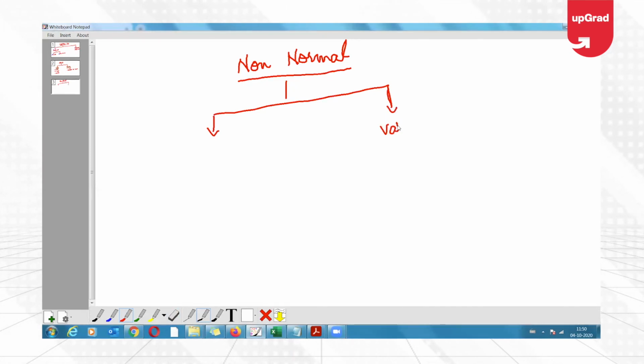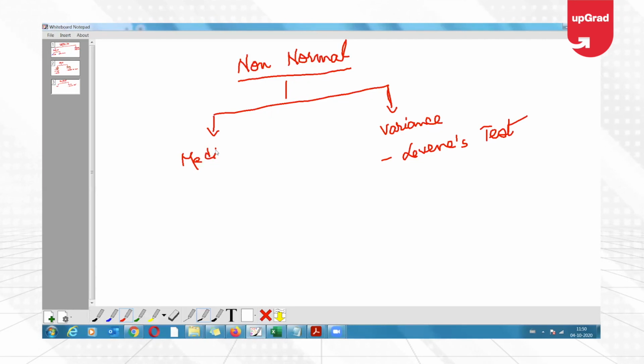So here, if we want to test for variance, we use something called Levene's test, which we are going to see. And the other scenario is if we want to test with median. So if we want to test with median, we have tests like the sign test,